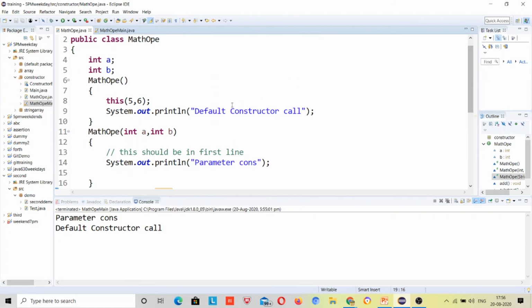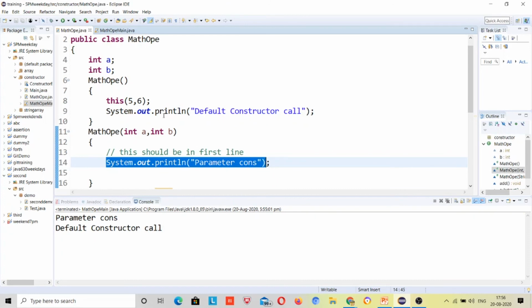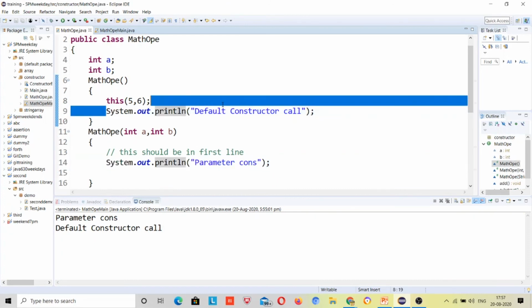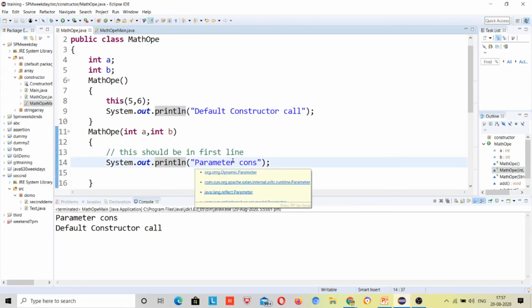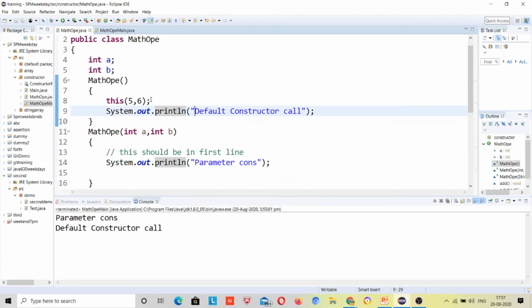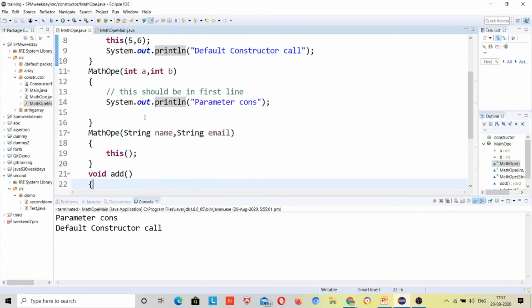I came to the default constructor and I have seen that again it's calling a constructor which has two integer values, so it went directly over here, it will print parameterized constructor, and from where it came, it goes back here, right? It will again print default constructor, and from where it came, it went back to here and nothing is written over here.